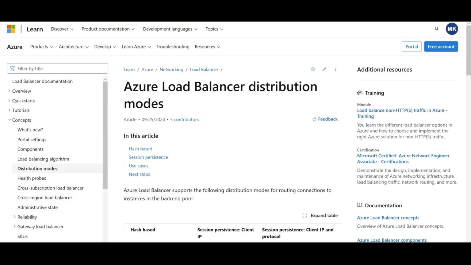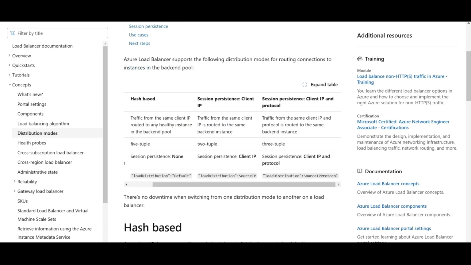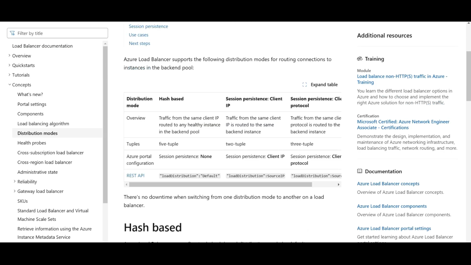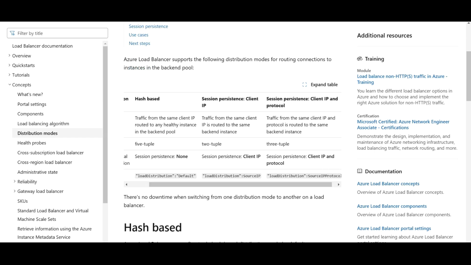Let's understand the Azure Load Balancer distribution model. The meaning of this is how Azure Load Balancer will distribute the traffic to the backend servers. There are 3 methods, as you can see here. One is hash method, then session persistence with client IP, and the third one is session persistence with client IP and protocol. For example, let's say you have servers 1, 2, and 3,